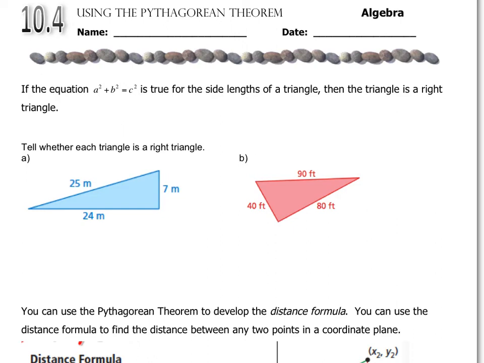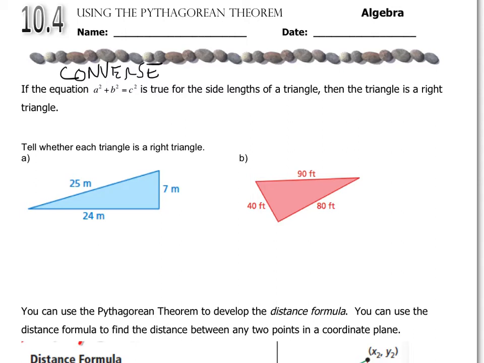Today we're going to talk about how we can use the Pythagorean theorem. The Pythagorean theorem states that if a triangle is a right triangle, then a squared plus b squared equals c squared, which will help us find the side lengths of that triangle. Well, the converse of the Pythagorean theorem, the converse meaning kind of the opposite,